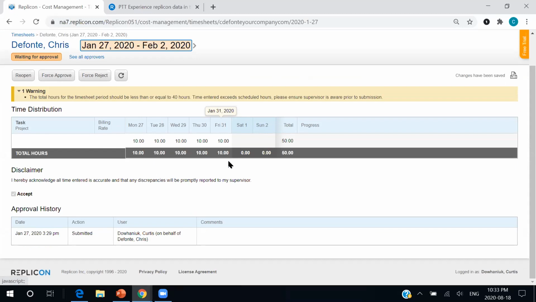We go back to Chris, ask him, is this correct? No, he can actually go back into his timesheet and adjust the hours himself. I can always go back, reopen, everything will be logged in this approval history on the bottom. But like we said before, we want to put the onus on the end user. So we can actually give Chris permission to reopen his timesheet, drill down, adjust the time. We'll be able to see everything here. And then again, in case of audit or dispute, we can always go back and have a discussion about exactly what happened on this timesheet.